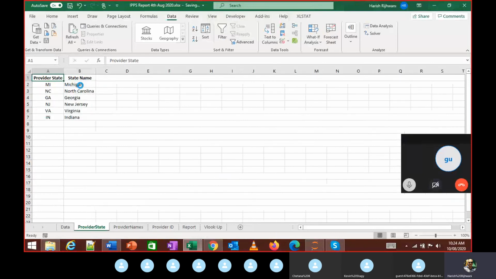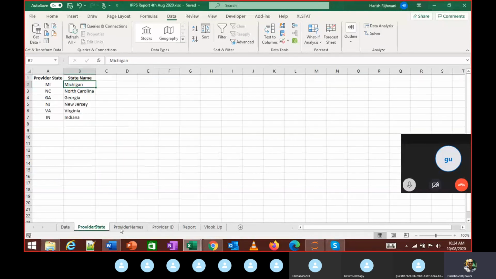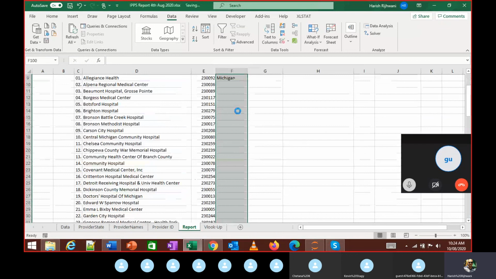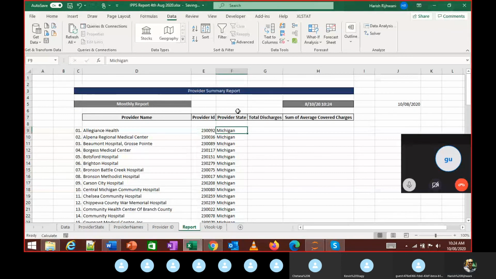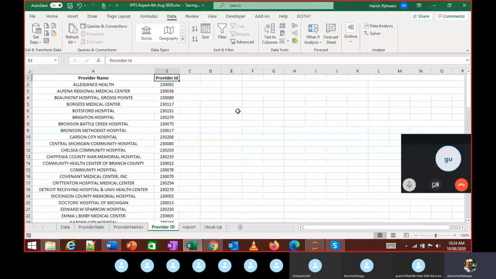What I would want over there is this name. So again, I can do VLOOKUP. Since I have only one record, I know the name is Michigan. I can literally type it manually if I want to, but it would make sense to use the formula.